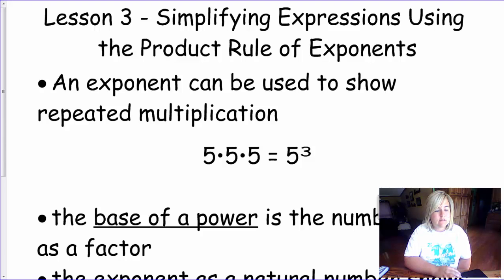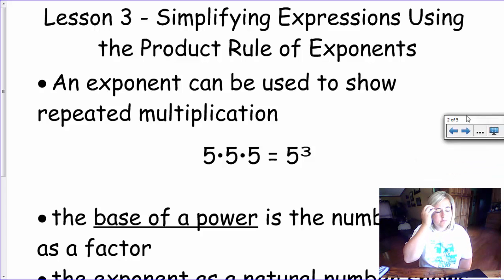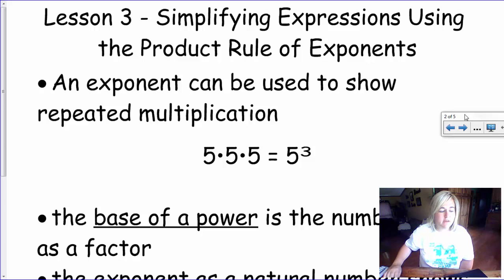Okay, what we're talking about today is lesson 3, simplifying expressions using the product rule of exponents. An exponent can be used to show repeated multiplication. You need to write that down in your notes. And what we mean by repeated multiplication